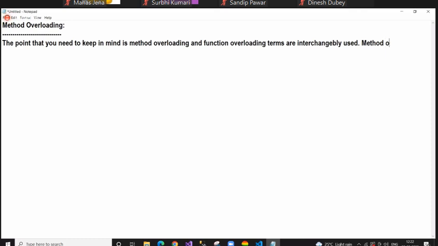Method overloading, or we can say function overloading, is one of the common ways to implement compile time polymorphism